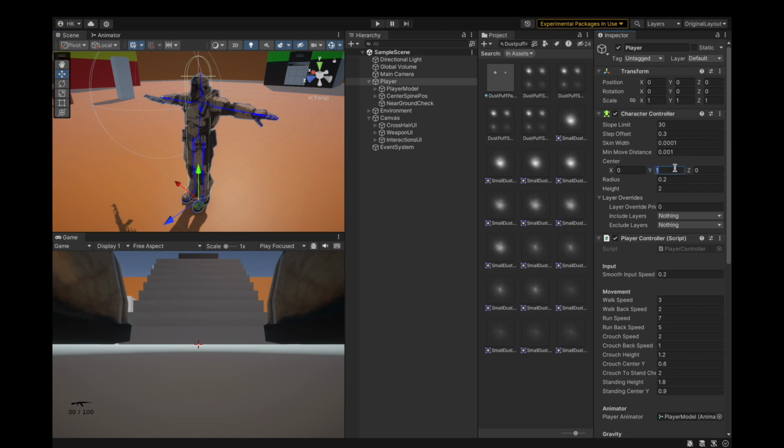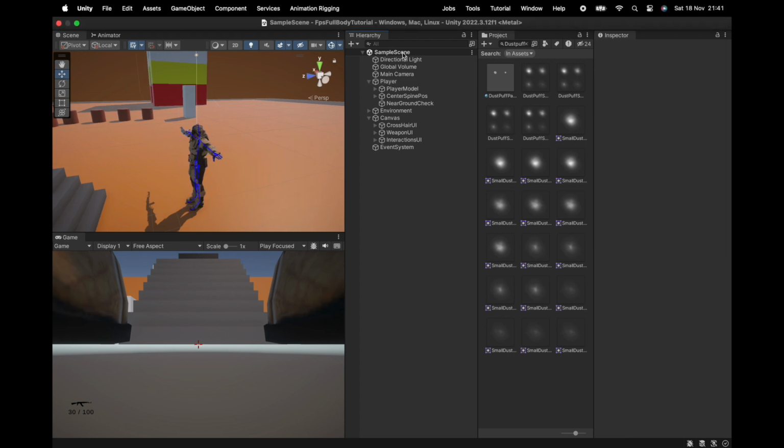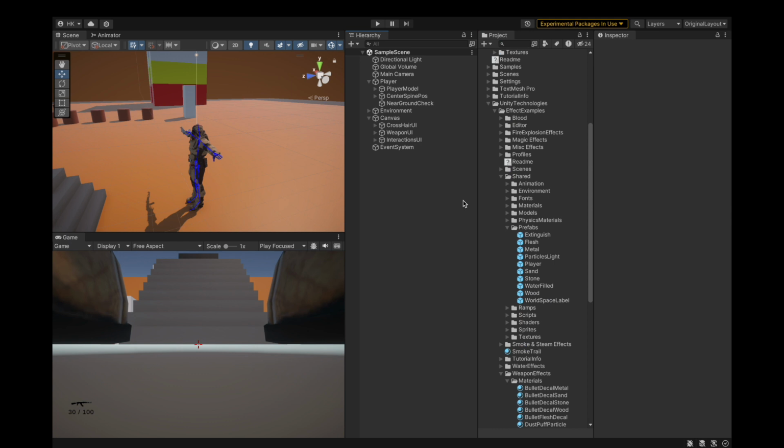Now let's just fix this height thing. Center 0.9, the height can be 1.8. Same as what we are actually going to assign when the play button's hit. Now we can save,